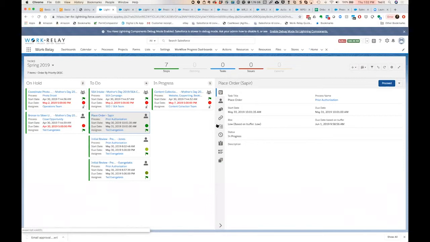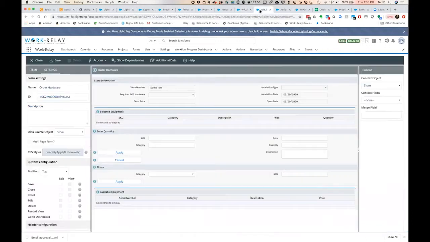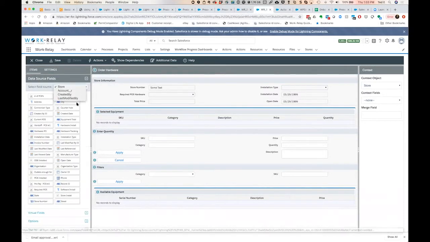Sure. So as you can see in a lot of the form components and in the process designer, building a process is drag and drop pretty much, and then you can add things like database updates and email actions, same thing with the forms. The forms are essentially drag and drop. We can click on the form name, bring over fields from the object, from lookups on the object. So all that would be familiar to a Salesforce admin,